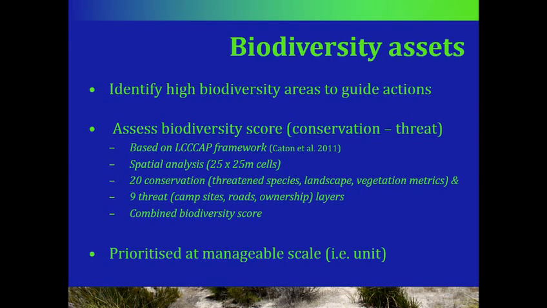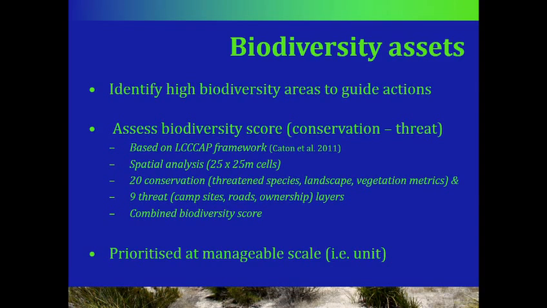And from that, we can produce combined conservation layers, which I'll show on the next couple of slides, and combined threat layers. They were combined to provide a biodiversity score at that spatial scale. But then we also scaled that up to a manageable size, a management unit. I'm not sure if I mentioned it on that early slide, we had 83 management units, so that included all of the islands, and we broke up the Younghusband into maybe 12 management units. So you may think, why have we gone to that detail and then scaled up to a management unit?